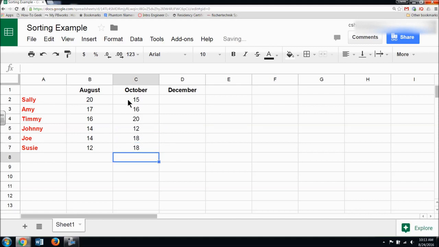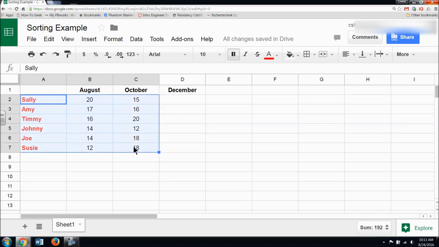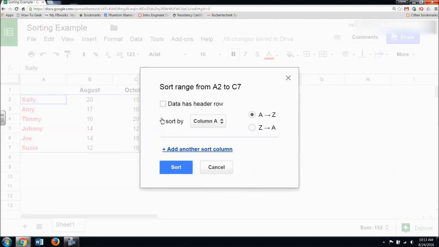I can do the same thing again. So let's say I want to sort by October this time, and I want to compare students' August and October scores. I simply am going to highlight the range again, go through the exact same process, Data, Sort Range. This time instead, I'm going to sort by column C,